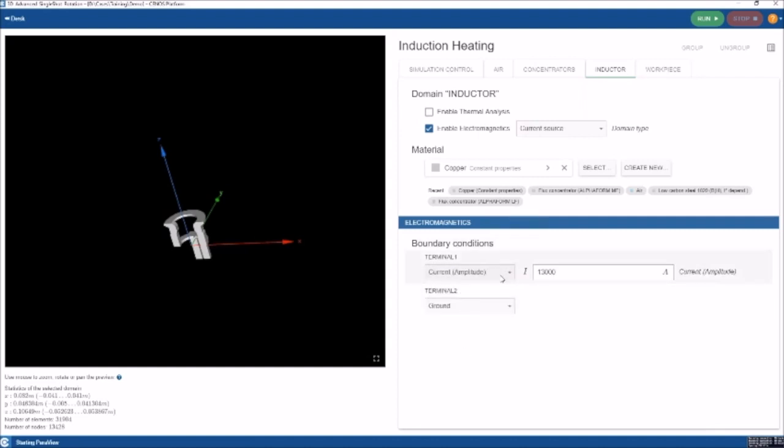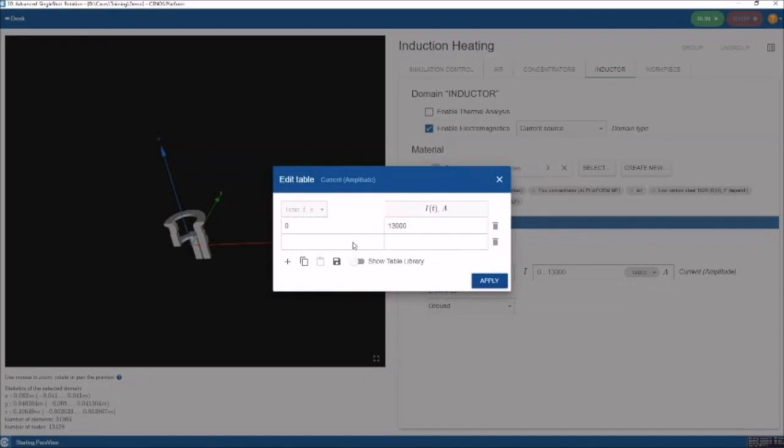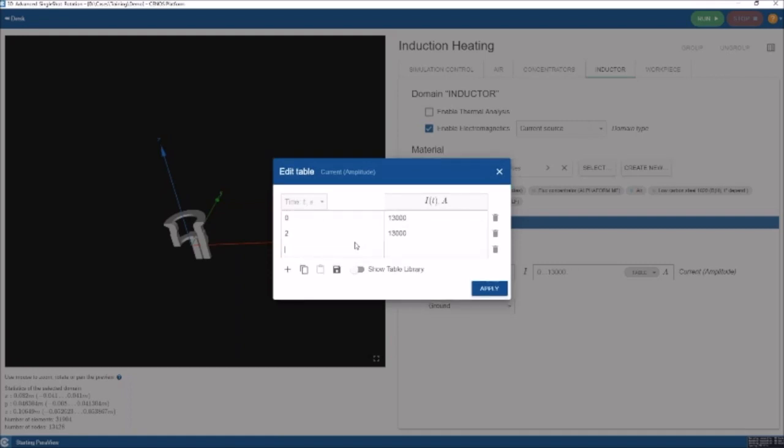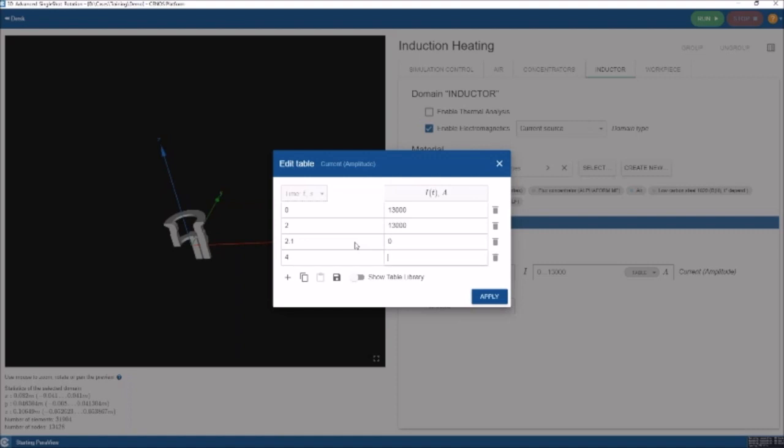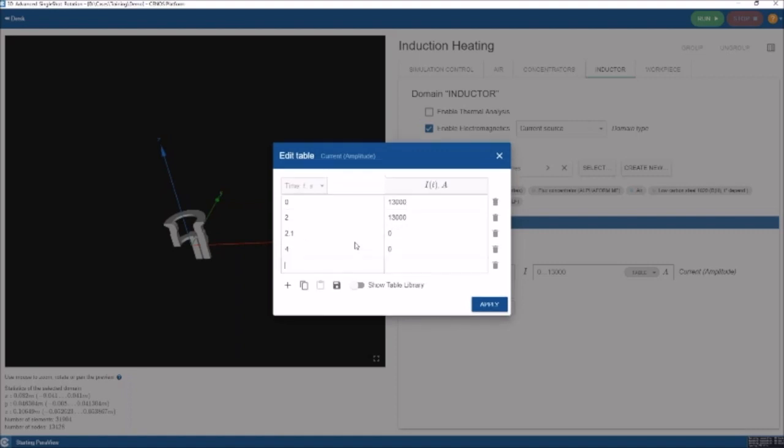For the current, as well as the voltage, you can select the same constant value or table. And for table, you can do the same like we did with the heat transfer coefficient of quenching. For the first 2 seconds, let's say, it is 13 kiloamps, and then you just drop it to 0. And this will be quenching. If you want to resume heating after that,